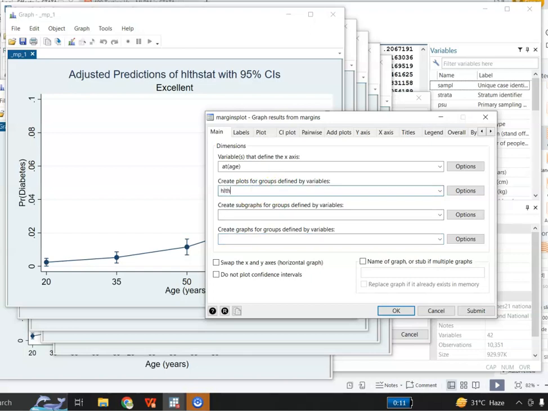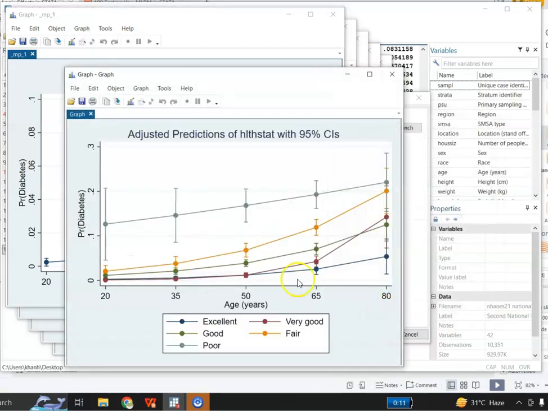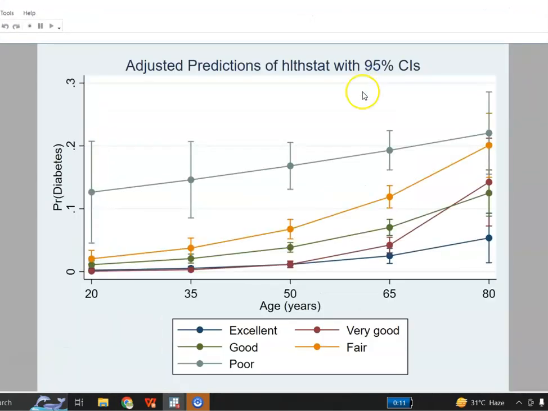So if I give health state here, now it will give me this graph, which is giving me predicted probabilities of having diabetes at various age groups for various health categories. And I can tell you this is the marginal predicted probabilities of having diabetes for